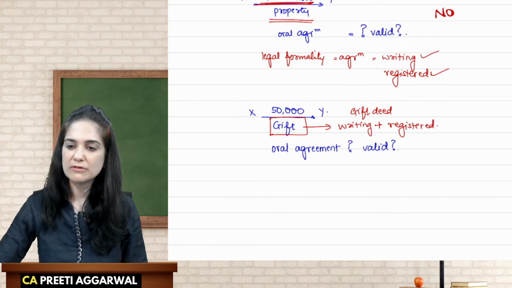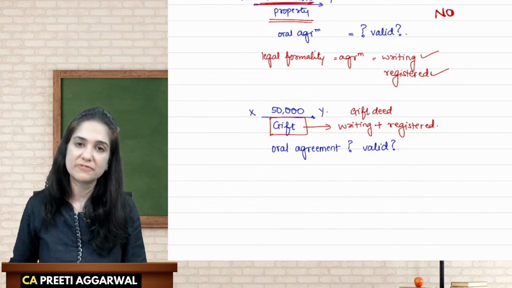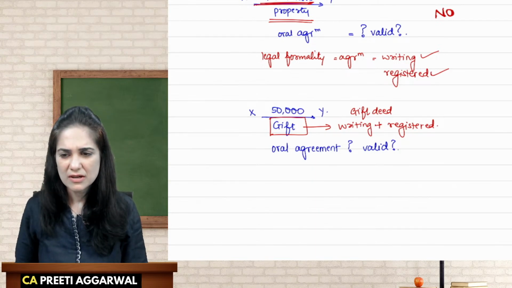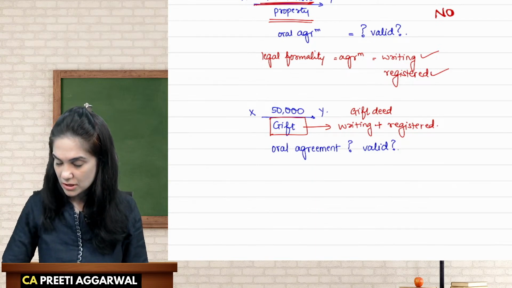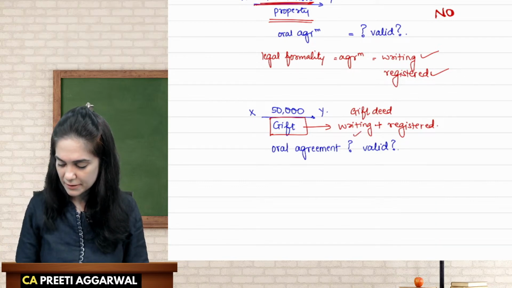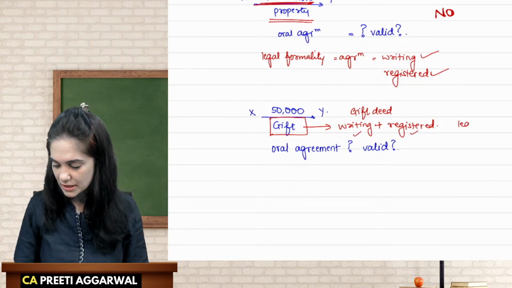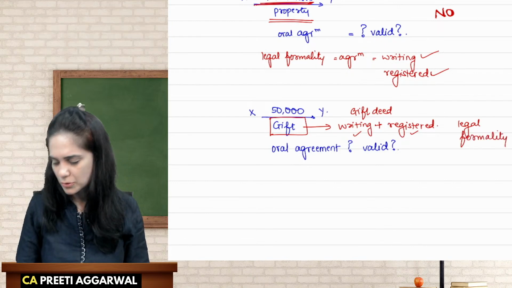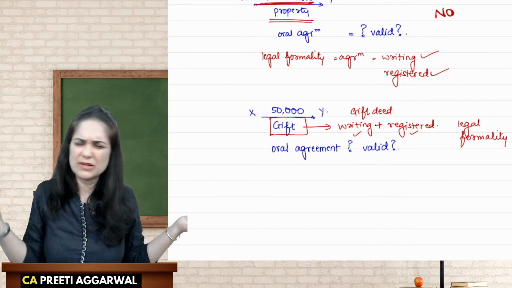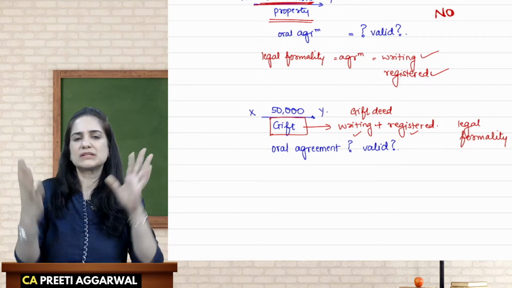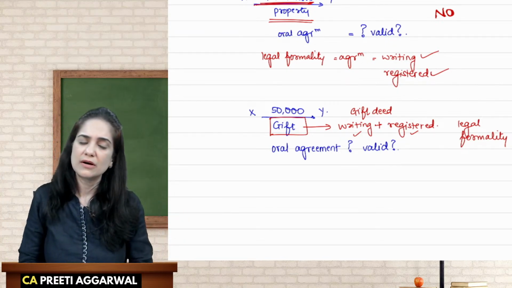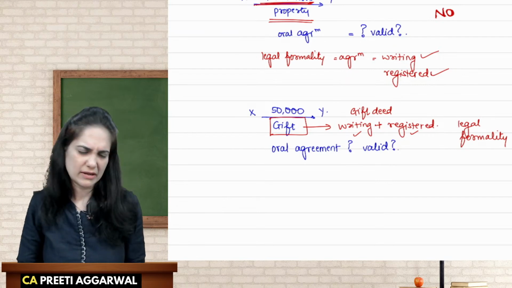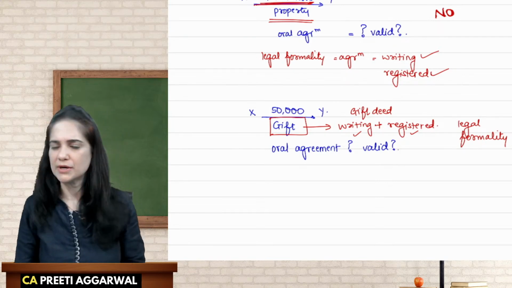If I want to give someone something as a gift, not at the time of marriage, otherwise than marriage, then the agreement must be in writing and it must be registered. This is a legal formality. So, if there is a legal formality, you need to comply. Otherwise, if there is no formality, then even oral contracts are valid. Only thing is that you need witnesses to prove it. Otherwise, oral contracts are also valid.